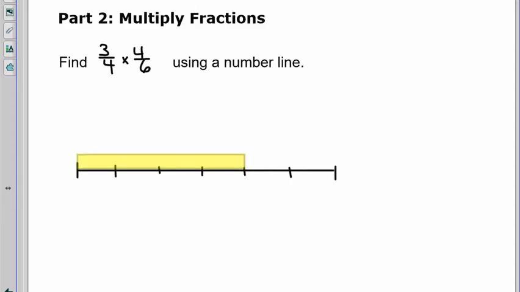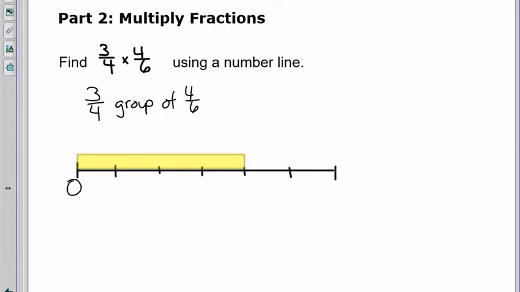For this next problem, we're going to be multiplying fractions. These aren't just unit fractions, they can be any old fraction. And we're going to be modeling on a number line, finding 3/4 times 4/6. I could think of this as 3/4 group of 4/6. And you can see down here in my number line that my number line goes from 0 to 1,